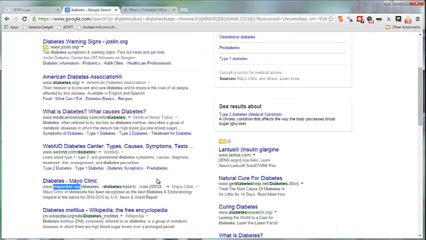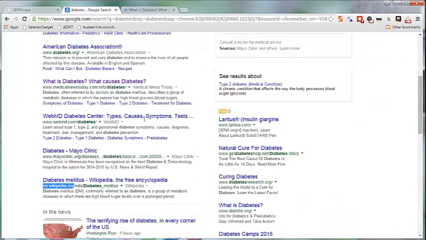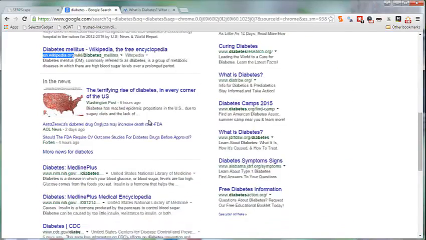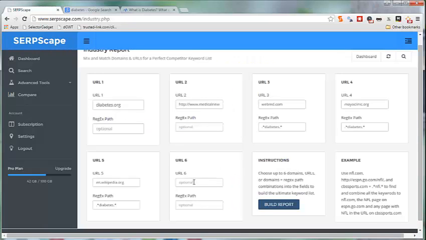Who else? Wikipedia.org. They definitely are going to have a good bit of data. And notice by using this pattern here, we're limiting ourselves just to Wikipedia, or just to the diabetes pages on Wikipedia. Oh, and this one's really good. We should get NIH.gov in here. All right. So now we've got this pretty comprehensive report of 6 different major competitors and all of their pages